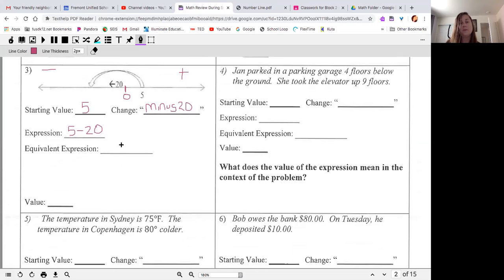Okay. So minus 20 would be the same as if I said positive 5 plus negative 20. Okay, and 5 plus negative 20 is,